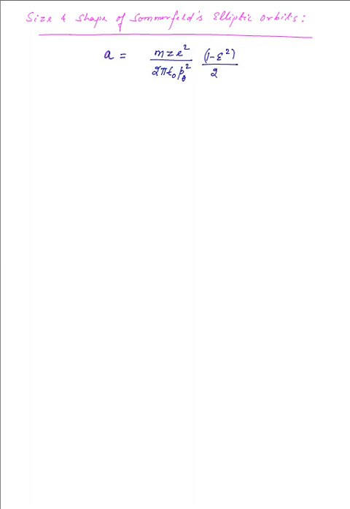Now remember, 1 minus e squared is equal to b square by a square. So I put the value over there and I get m z e square divided by 2 pi epsilon naught p theta squared b square by a square